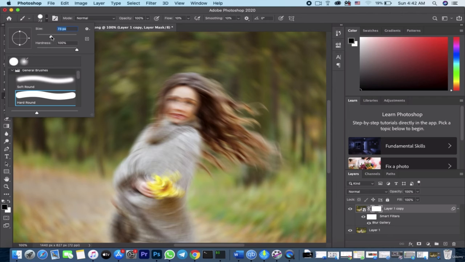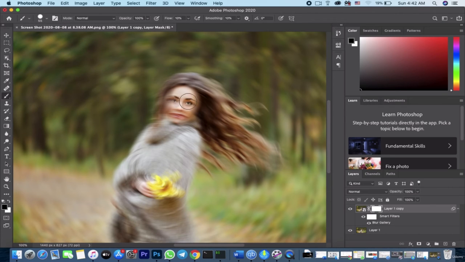And now start to paint where you want to be in focus. So I want the face so that people will see what is happening. So we start moving. Let's look at this. Let's look at that. Just look at this. Perfect. So this was before,